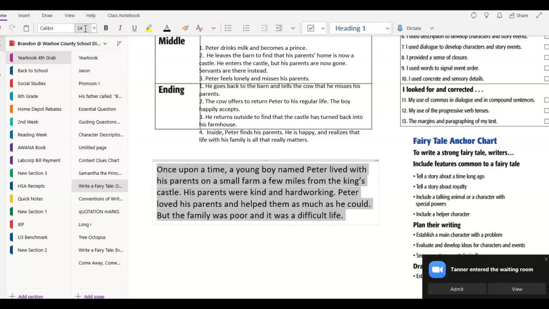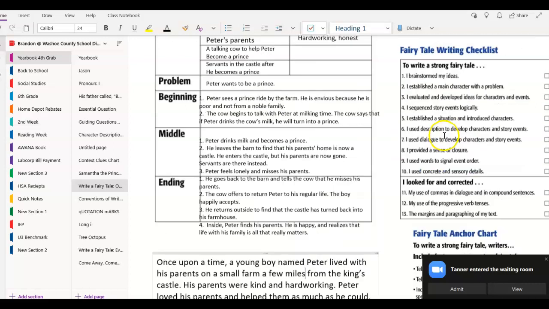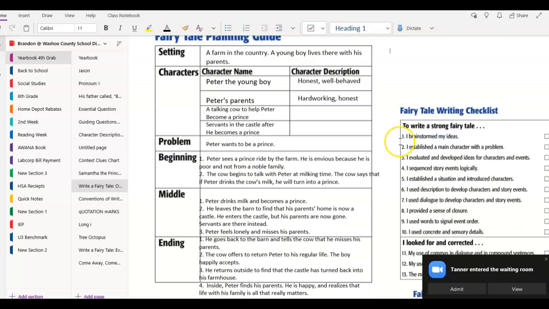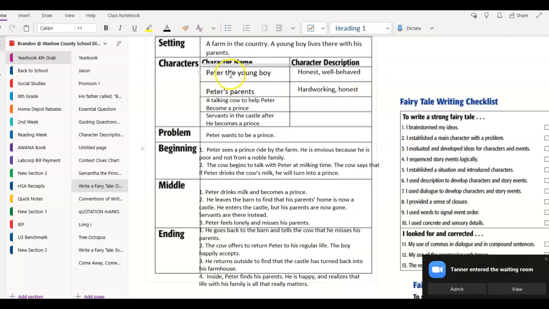Once upon a time, a young boy named Peter lived with his parents on a small farm a few miles away from the king's castle. His parents were kind and hardworking. Peter loved his parents and helped them as much as he could, but the family was poor and life was difficult. So notice, I have my Peter character, I have my parents, I introduced the idea of royalty in there,